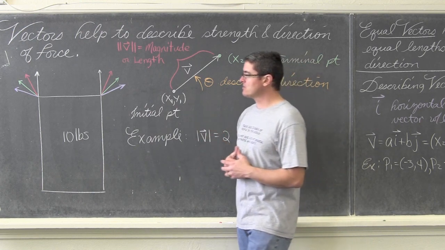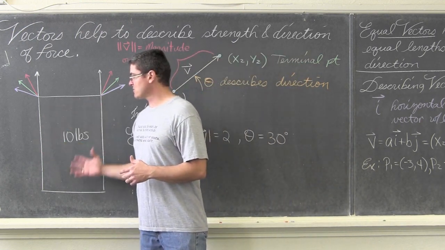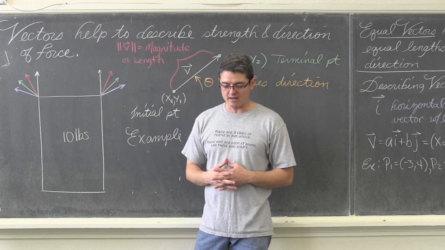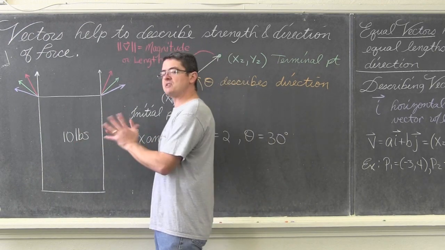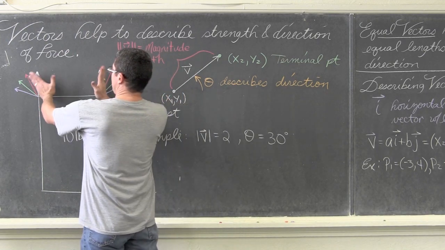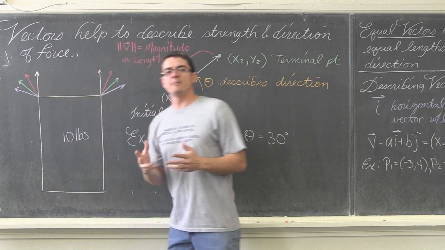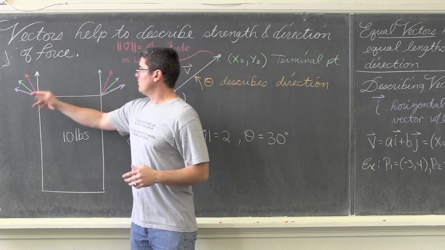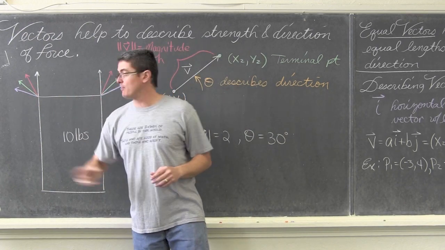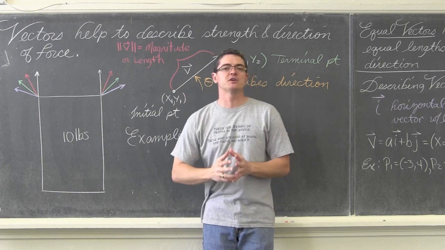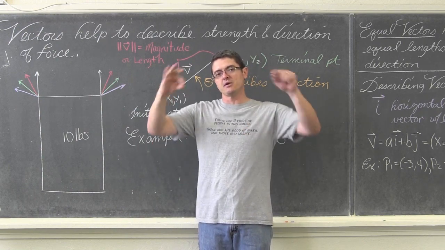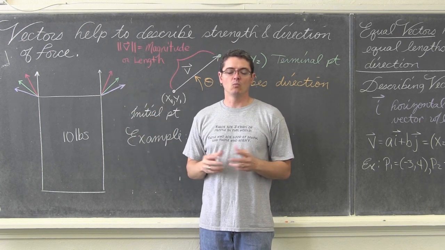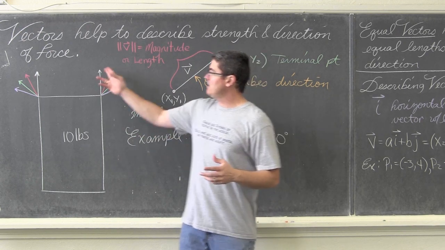Another example of vectors is, I've got this rectangular object here. It weighs supposedly 10 pounds. Of course, I just made that up. Just say it's a picture frame, and we're hanging that picture frame with a couple of wires. What scenario, white, red, green, or purple, do you think would be the most efficient way of placing those cables to hang this picture frame? Well, that would be vertical.